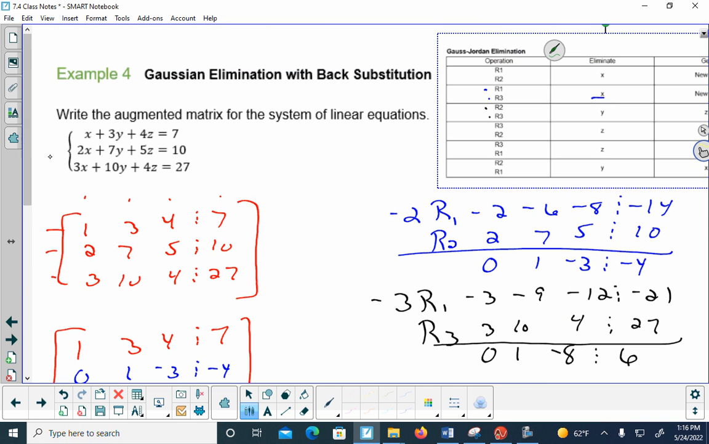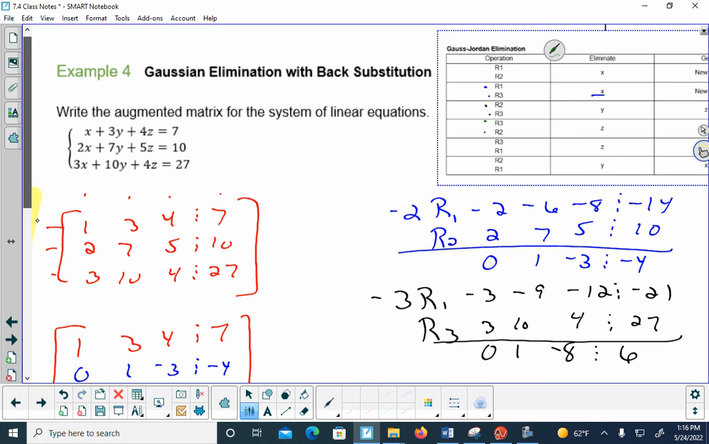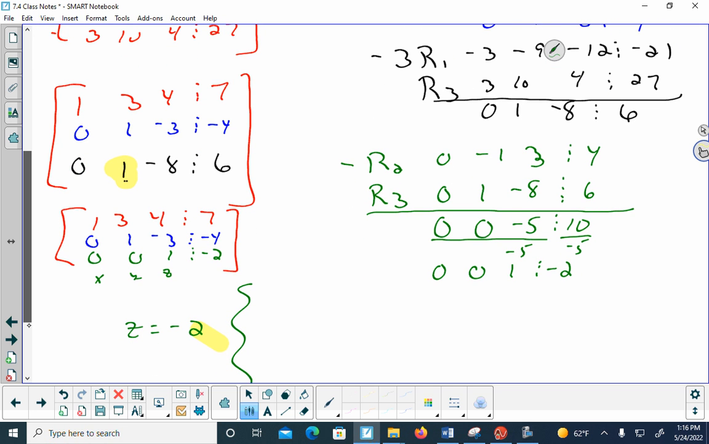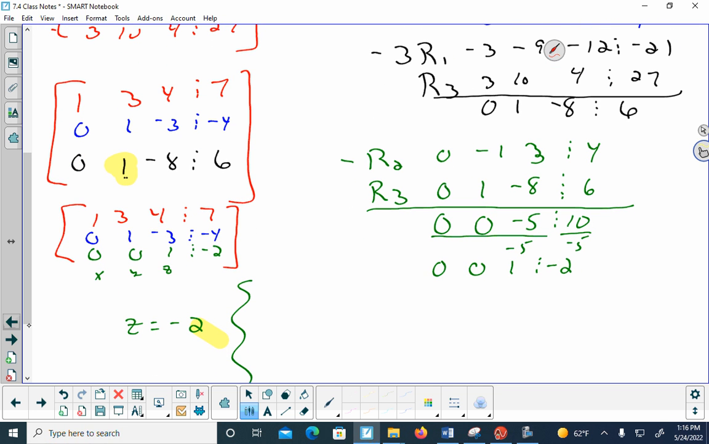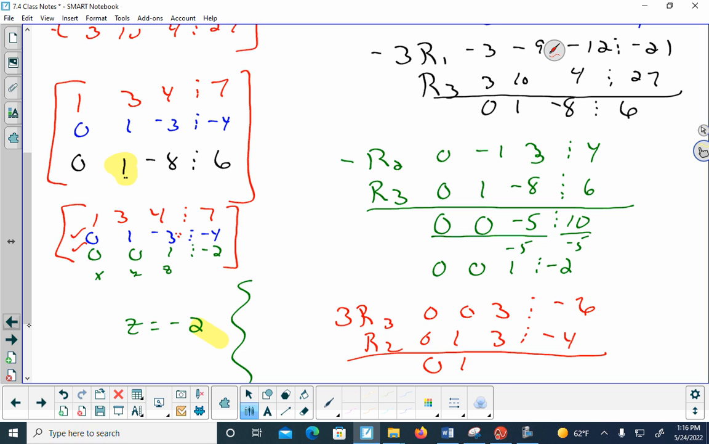So I've just done 2 and 3 to eliminate the y. Now I'm going to do 3 and 2 to eliminate the z. So I'm doing this row and this row to eliminate this z here. So I'm going to multiply row 3 by 3: 0, 0, 3, negative 6, and then row 2 will be 0, 1, 3, negative 4. And when I add these, I get 0, 1, 0,